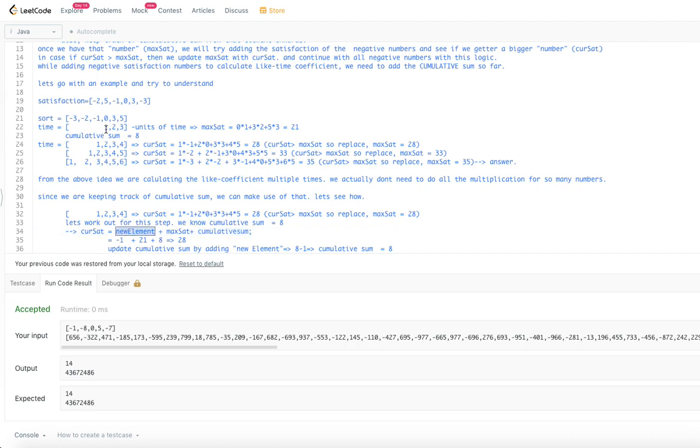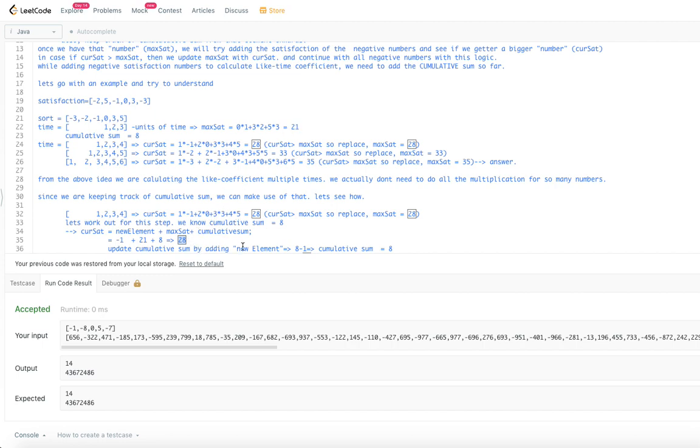So that's what it is. So what is the new element? Minus 1, put minus 1. Max satisfaction is what? It's 21 for that step. Cumulative sum, what is that? 8. So if you add all of them, the answer is 28, right? So now 28 is greater than max sat, right? This is the current sat, max sat. Update